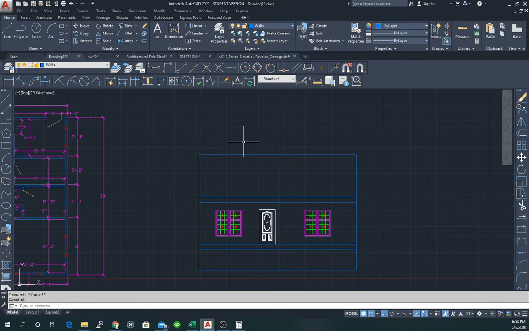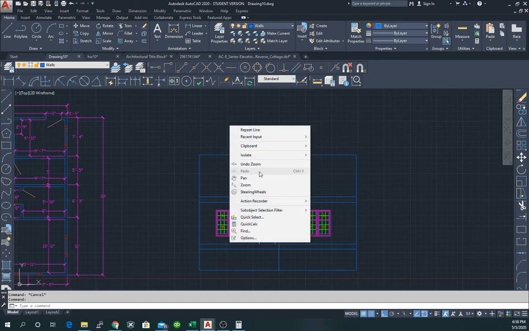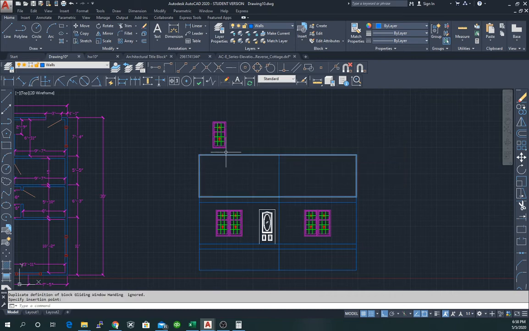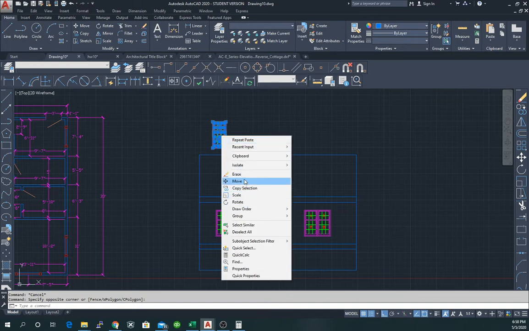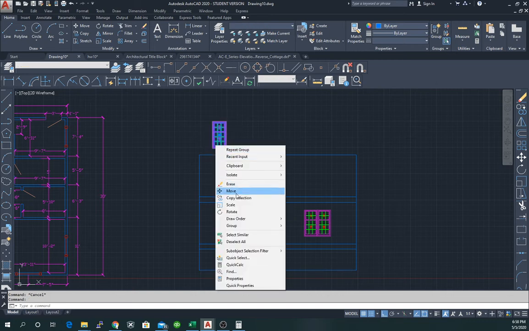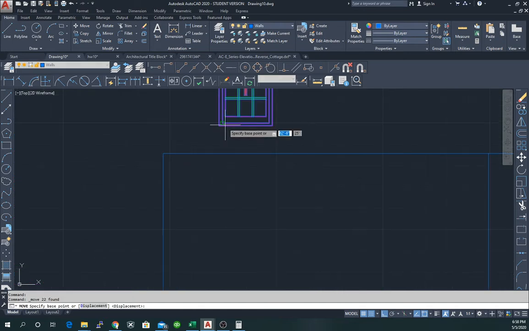Back to our drawing. Clipboard, paste one here, group it, move,